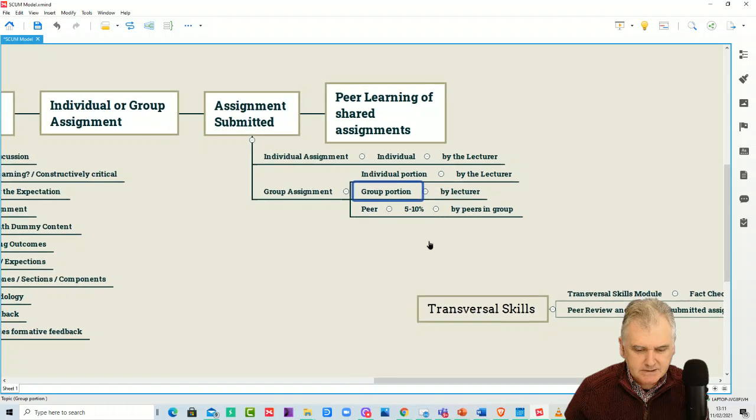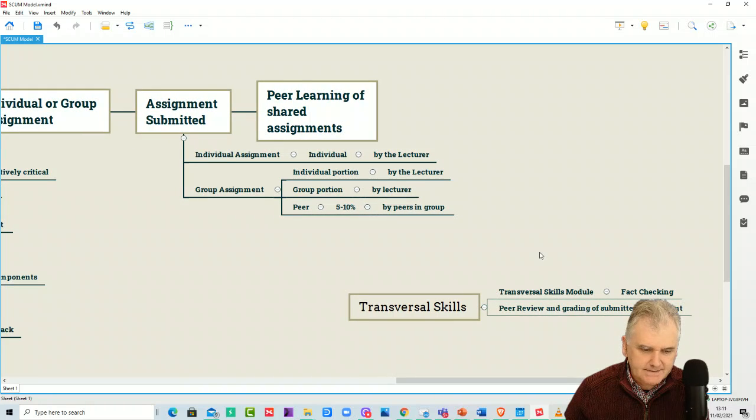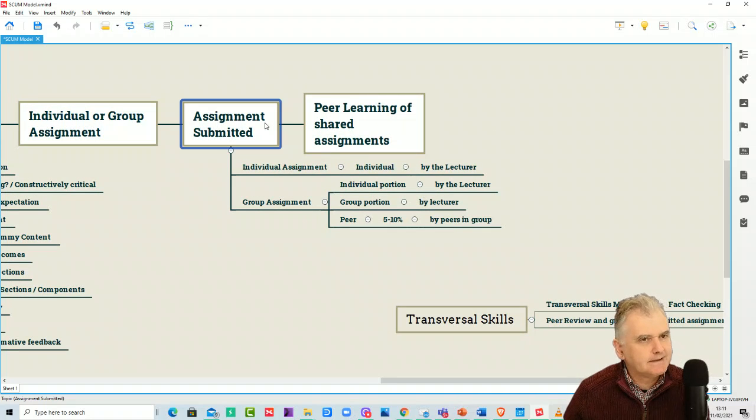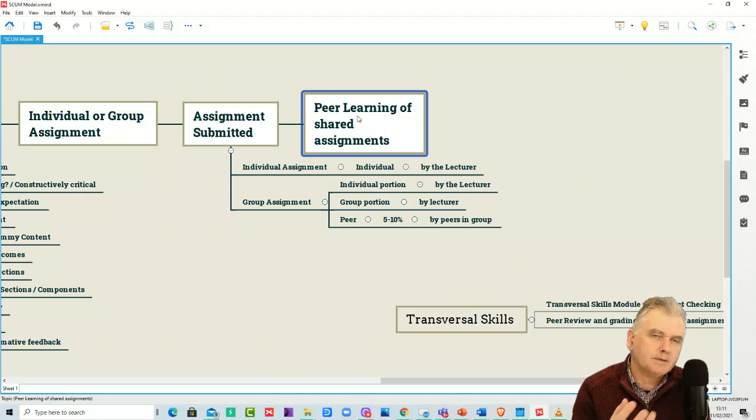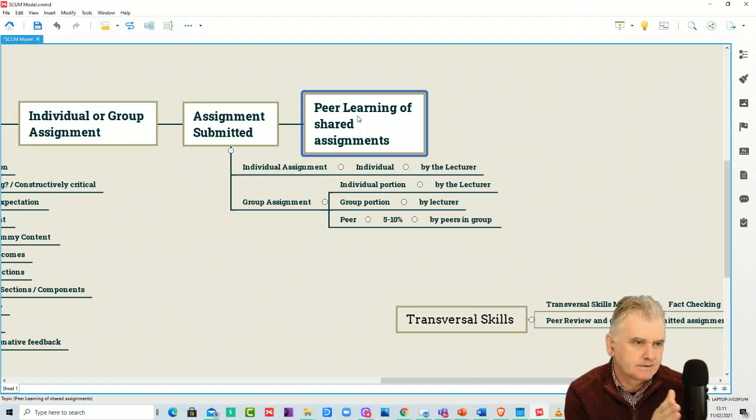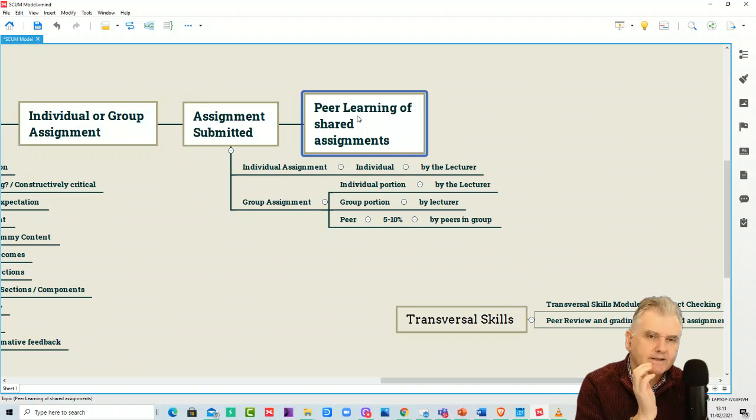We did get into a conversation around this idea, but there was one more thing before we come to that. Once the assignments are all submitted, what we were proposing is that we would come up with a peer learning process. We would share the assignments with the entire group after the submission date, maybe after things were corrected, so you didn't have the option of going back and revising your submission based on finding a better one. And there's a difference between peer learning and peer rating or peer grading.